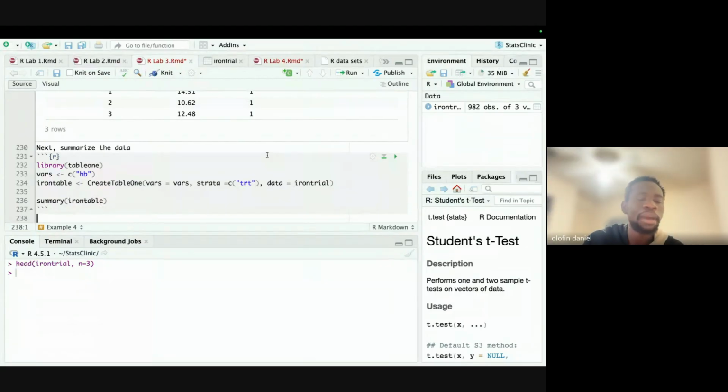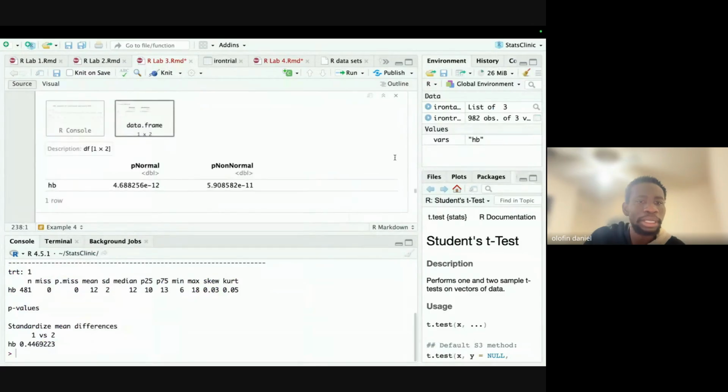So now we want to summarize our data using the create table 1 package that we have been learning for some weeks, like 2 weeks back now. You have to specify the variable you want to summarize, which is the HB. After specifying the variable, you create table 1 with vars, and it needs a structure because we have 2 groups: the iron supplement group and the placebo group. So once you click on this,